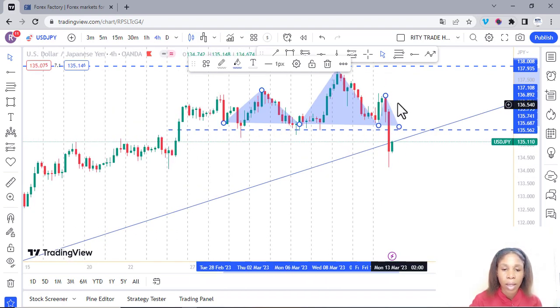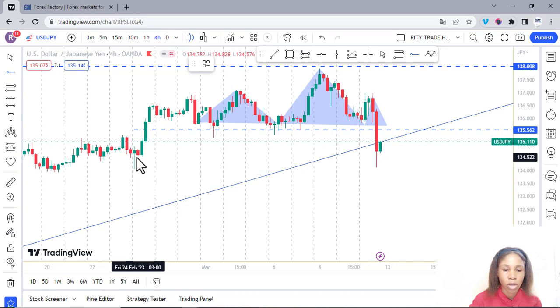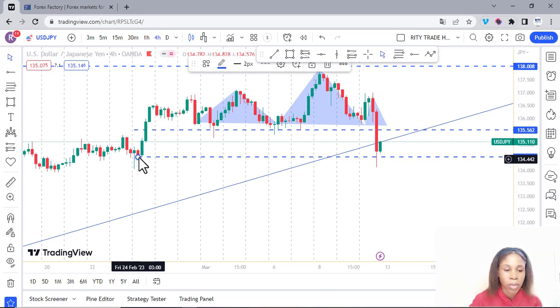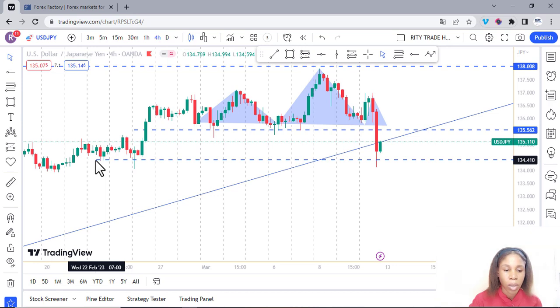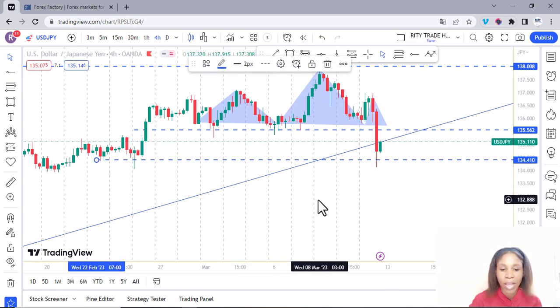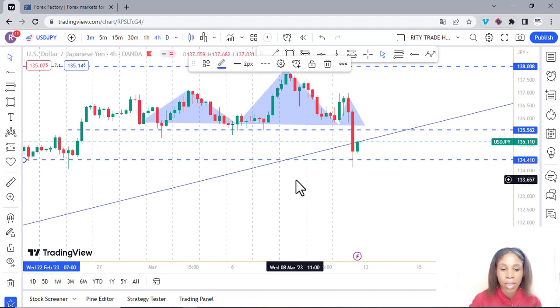But then, guys, guess what? There is a level here. Can you spot it? There is a level around here where the price reacted. This price has reacted to this level. So it seems like this price is going to respect this level, pull back into this zone, and short and